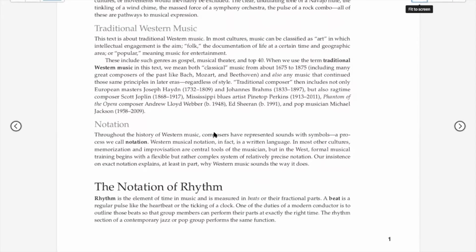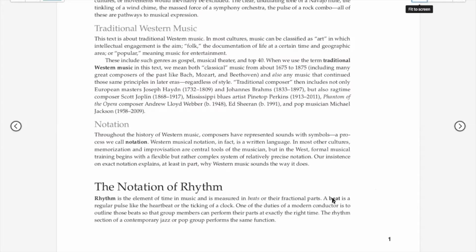Some of the other music of this world we have through oral tradition. It doesn't mean it's not as valuable, but it's harder for us to explore without this great written tradition. So that's what we're starting on here. Starting with rhythm, or how we write down the element of time in a piece of music.